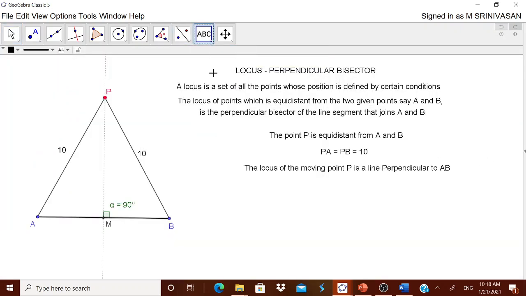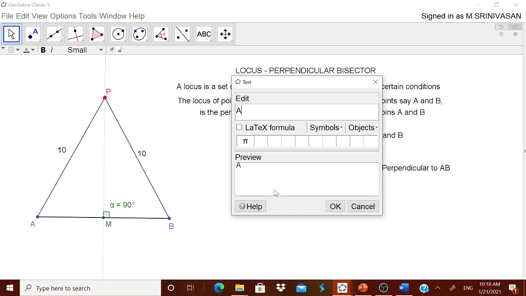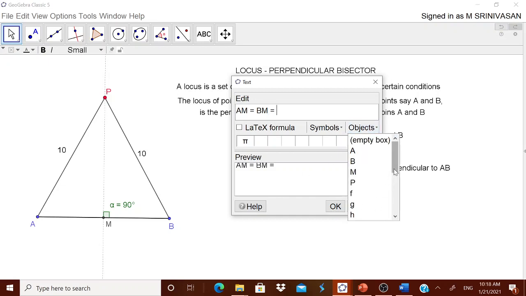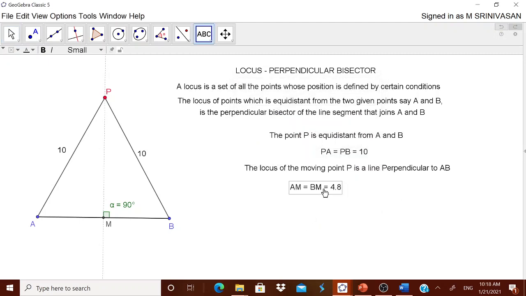Therefore, in that AB, you write AM is equal to MB, or BM. BM is equal to, I think you got it as 4.8. Okay, it is always the same actually. Whenever you are moving it and bringing it, it is always the same.